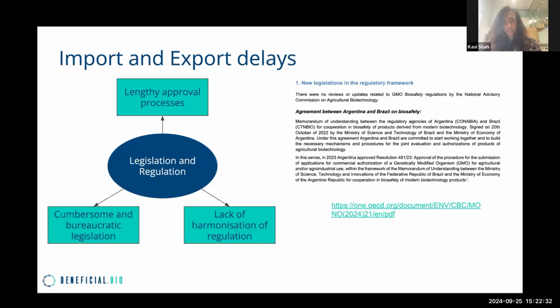One recent example is an agreement with Argentina and Brazil, and I think it was more recently joined by Paraguay and Uruguay, for biosafety, and a memorandum of understanding was set up in 2022 for the joint evaluation and authorization of products for agricultural biotechnology in particular. And extending things like this in order to create an easier framework for approval of products could improve